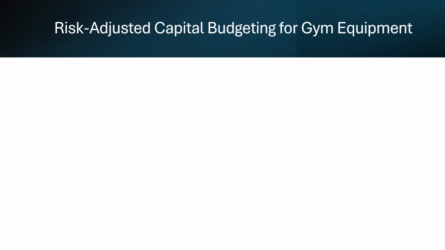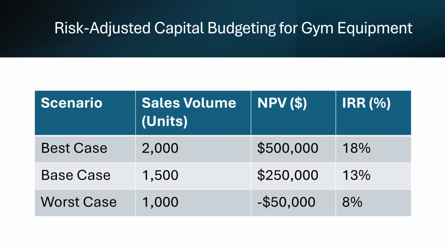For this example, let's imagine that we're a company trying to launch a new line of commercial gym equipment, and its standard WACC is 10%. However, factoring in assumptions such as high competition or uncertainty regarding the need for new gym equipment due to something like the COVID-19 pandemic makes the project riskier. Taking a look at this table, the management applies a 3% premium, raising the discount rate to 13%, which reduces the NPV and makes it less likely that the project will be approved unless the expected cash flows are strong enough to